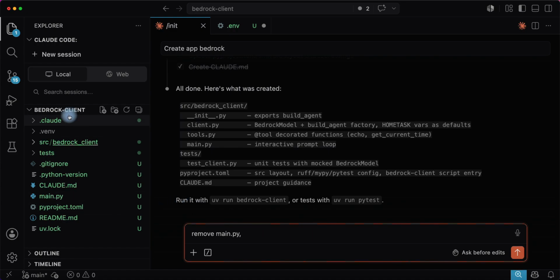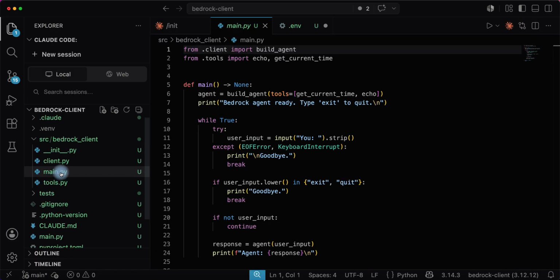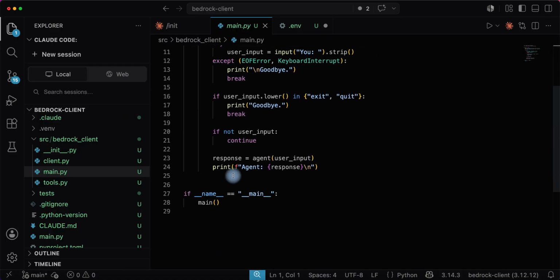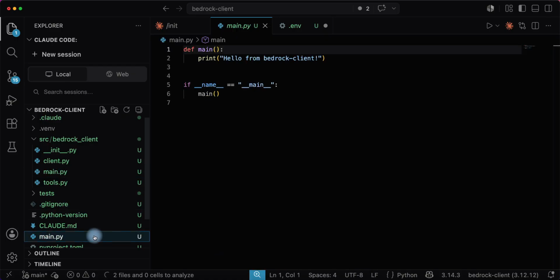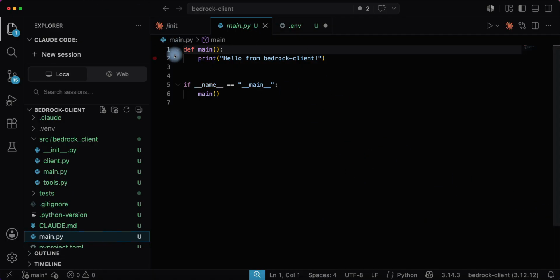Let me see, this is main and this is main. So let me see what this is. Import build agent, current time. Let me see what this main says. This is a junk main, okay? So what I want to do really is